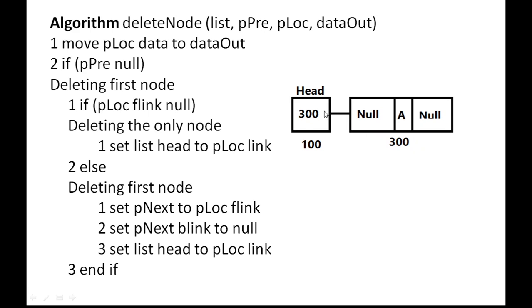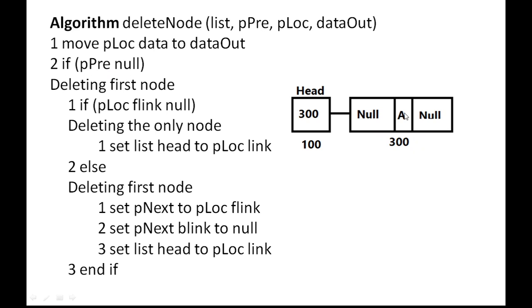So if p location is the node that is going to be deleted, and how do we know whether it is the only node or not? That is a question. See, even if it is the first node, its backward pointer could be null. So a backward pointer being null need not mean that it is the only node, but if its forward pointer is null, then it is, and also p3 is null. You must consider both these conditions.